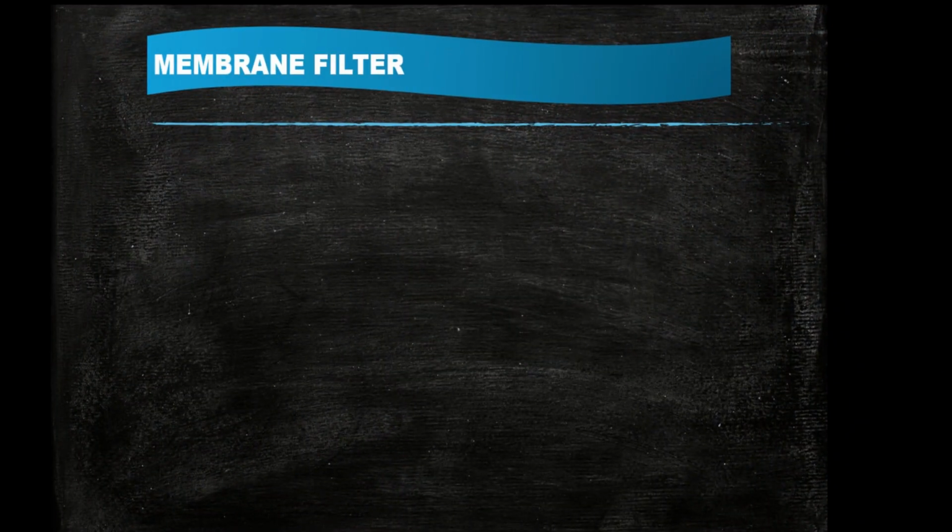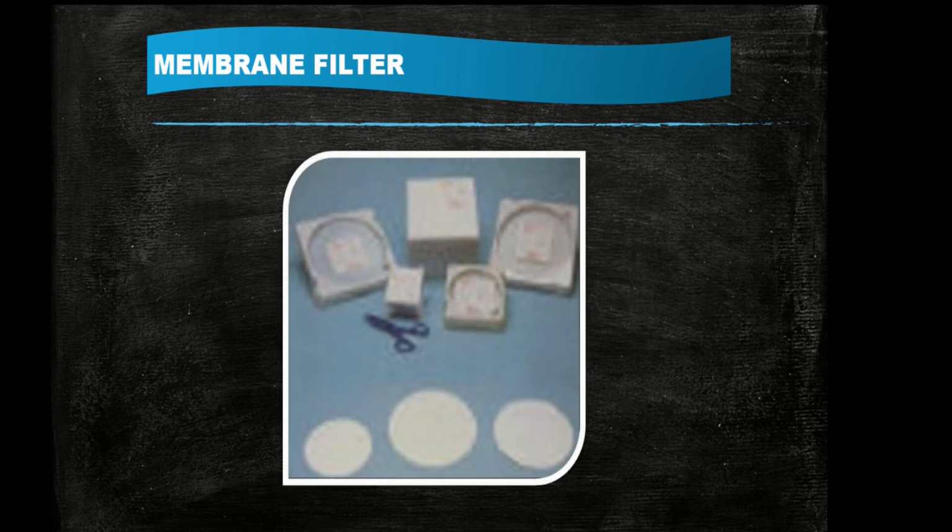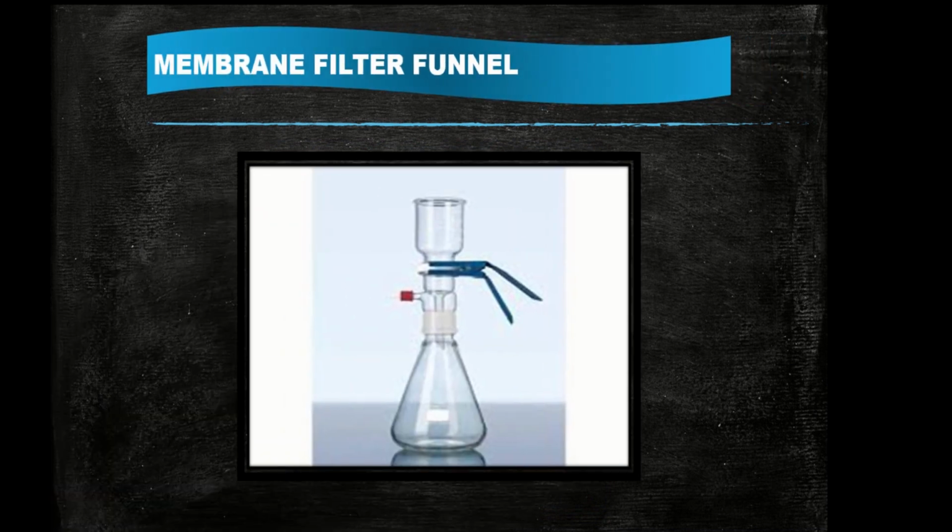So in this way we have completed the membrane filter, and now you can see this disc of the membrane filter which is available commercially, and this is the closed section of the disc. This membrane filter is used in assembly with the funnel which is kept clamped with the funnel, and that can be used by applying vacuum to the flask. Thank you. Here we completed the filtration process.